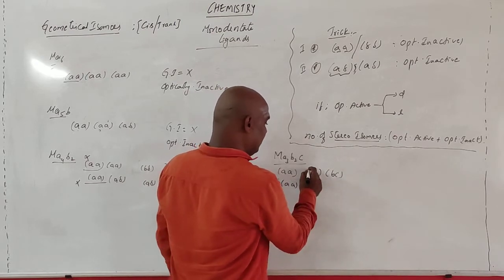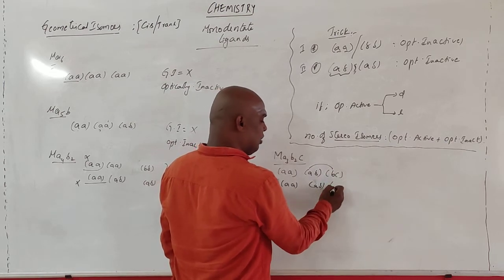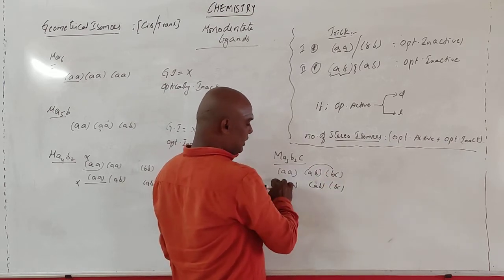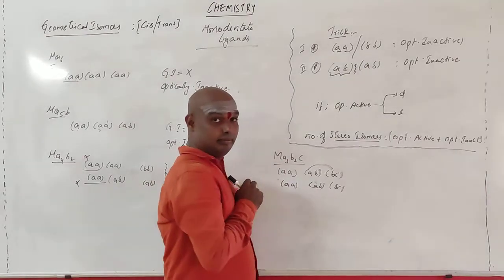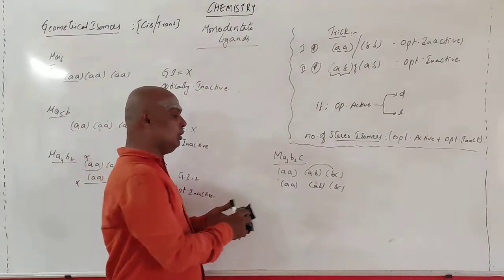Now you combine. You have combined this one. AB you have combined. So you combine this one. AB and this combination BC. See, I can say this two. This set is same with this set. Getting me? This set AA, AB, BC. It is same with the second set. So don't go like this.